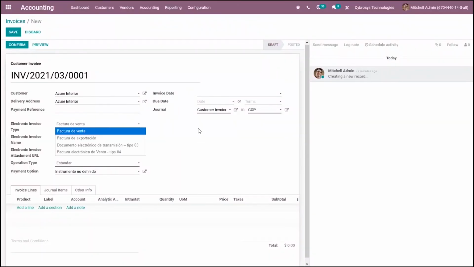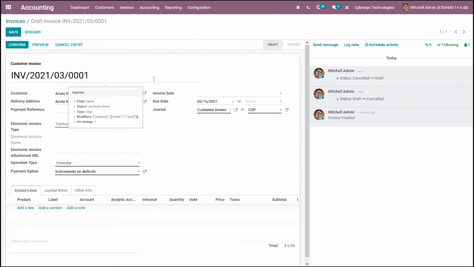These electronic invoice types can be used for invoices, credit or debit notes, exportation transactions, etc. Once the invoice is created and posted, an XML file will be generated and automatically sent to Carvajal. And you can see the details, including the file, in the chatter, that is the log note.